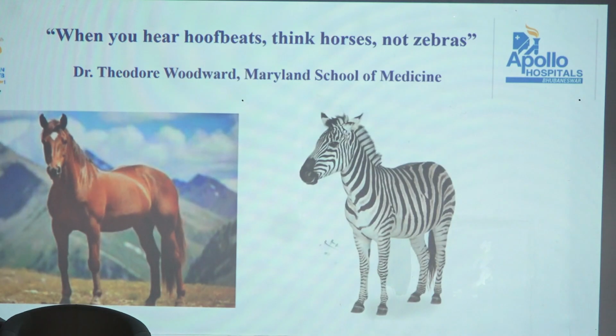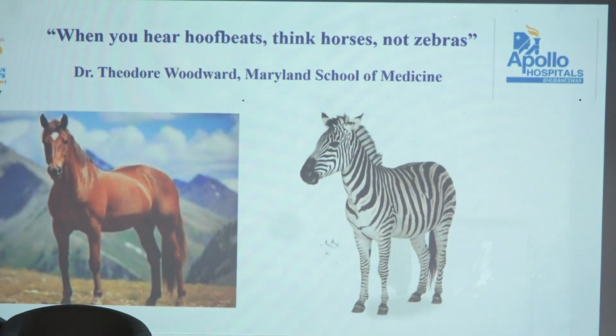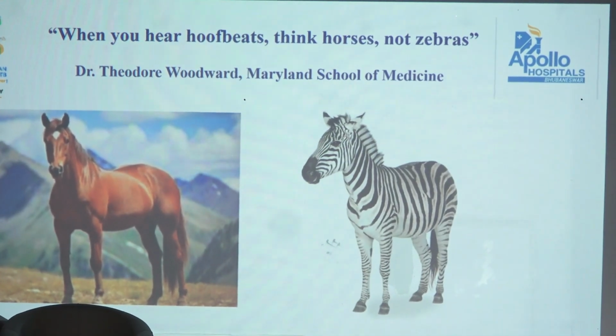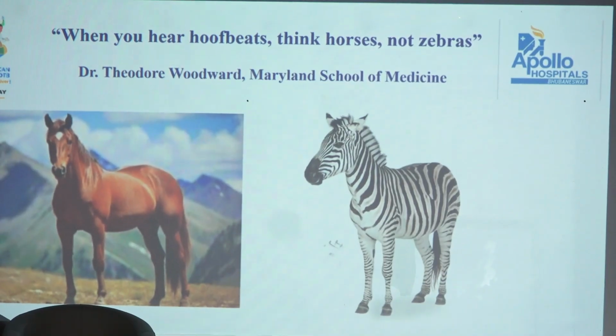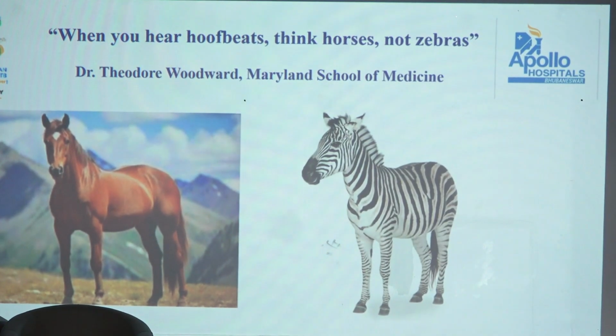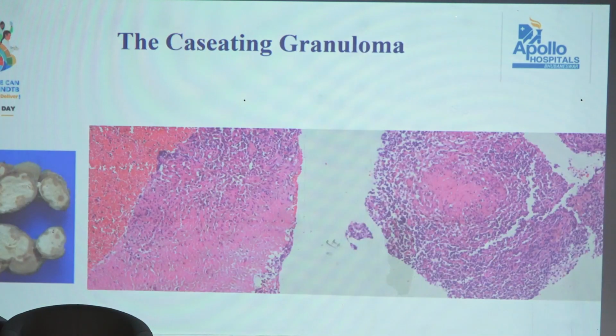So I like this saying a lot. It was a doctor from Maryland School of Medicine who said that, you know, when you hear hoof beats, you think of horses and not zebras. Horses and zebras are quite rare here, but I guess the zebra is as rare here as it is in the US. The point being that when you, especially for the DNB students, when you see common things, please think of the common things first and don't think about the rare things. So that's the caveat to my talk, that yes, not all granulomas are TB, but typical granulomas, such as the